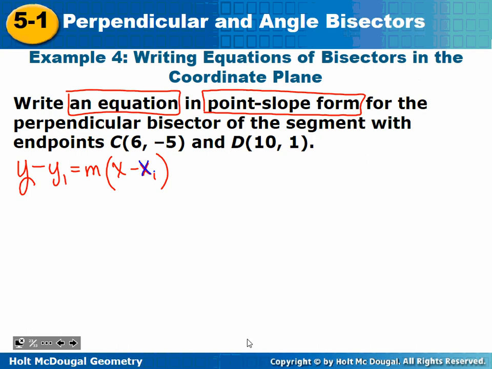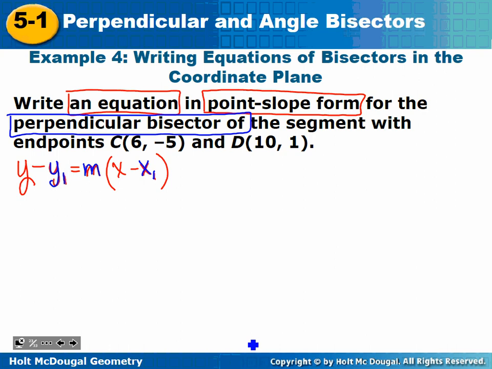So we're going to need to find a point and plug it in for x1, y1. And then we have to find our slope. Okay, so that's why we did the review of slope formula back in the bell work. Okay, so it wants us to write an equation in point slope form, but be careful that you read the rest of the question. For the perpendicular bisector of